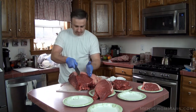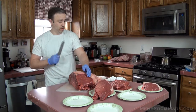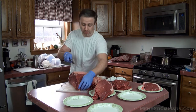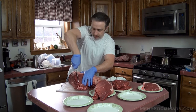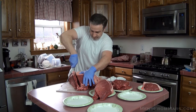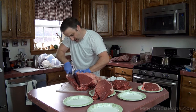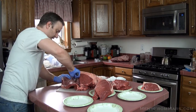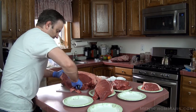So I've got 4 more steaks to cut. 8, 9, 10, 11, 12, 13, 14, 15. There's going to be about 15 steaks because I'm cutting some of these in half. Otherwise there'd be 7 to 9. But this is just so wide across that there's no reason, I mean, unless I'm having guests. There's no way to have this